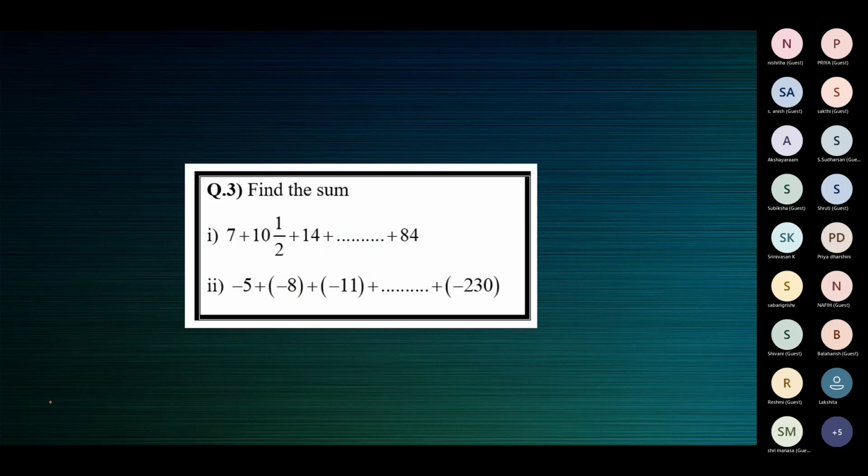Supposing 84 says 15. Then you come to know that there are 15 members in the queue, or there are 15 terms in the arithmetic progression, arithmetic series. The position of the last term will tell us how many terms there are in the arithmetic progression or arithmetic series. You should go up to the last term. Here it is an arithmetic series in both these cases.